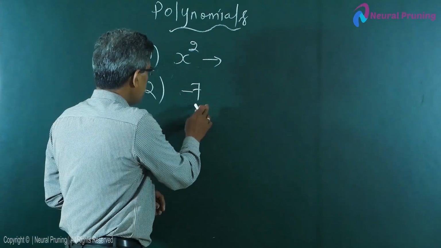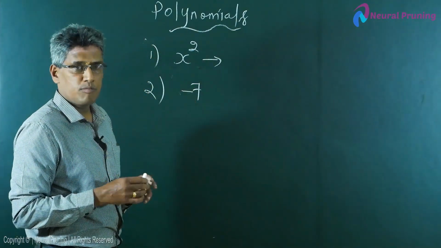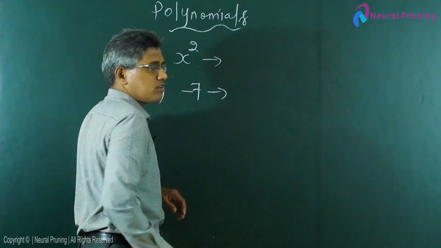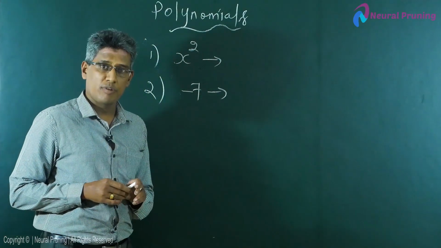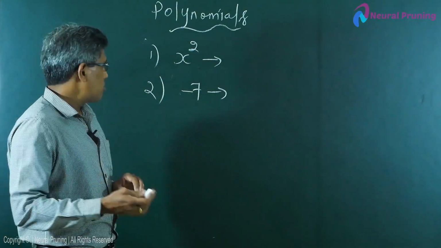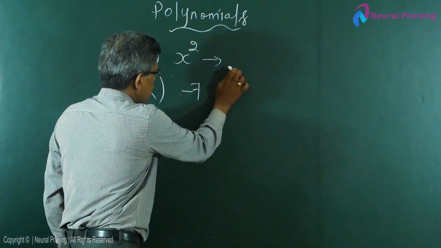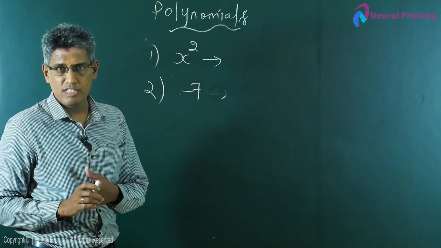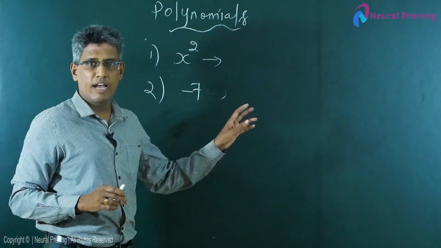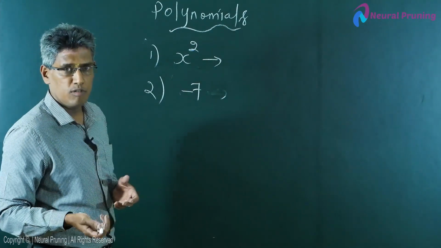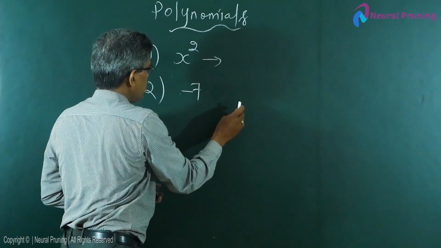Now, this particular constant term can also be referred to as a polynomial. You will be wondering on what basis we could conclude that this constant alone can be called a polynomial. So, for example,